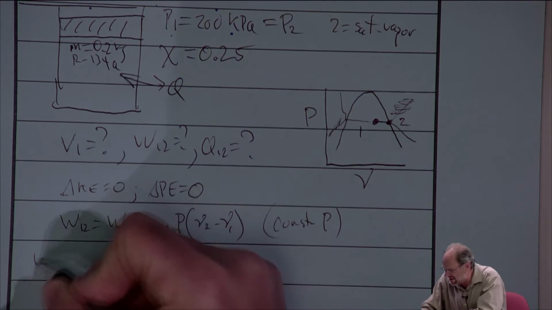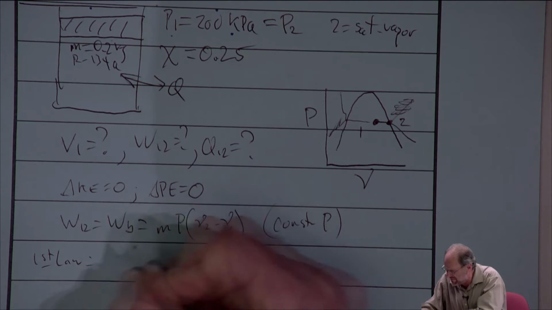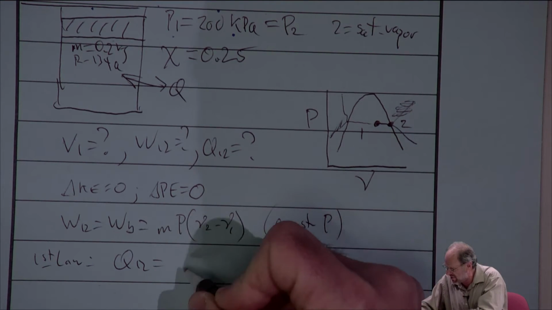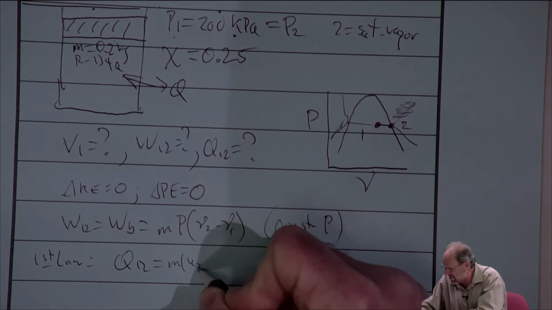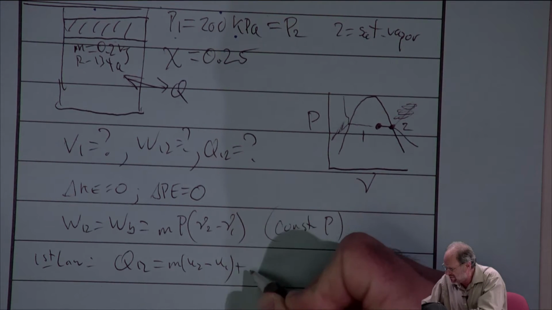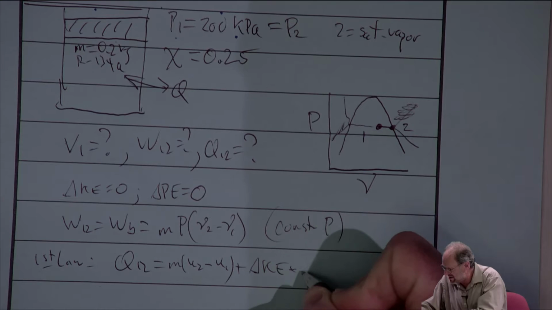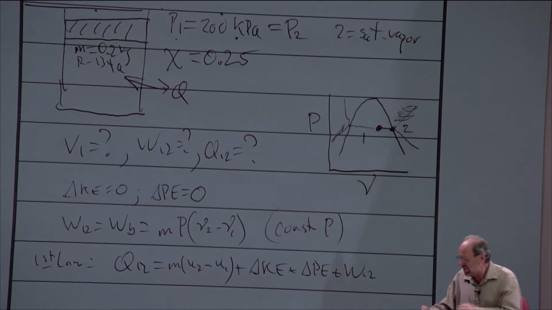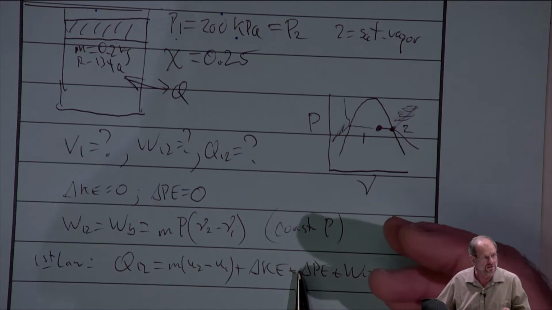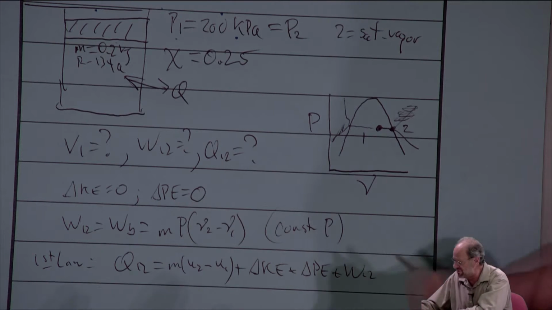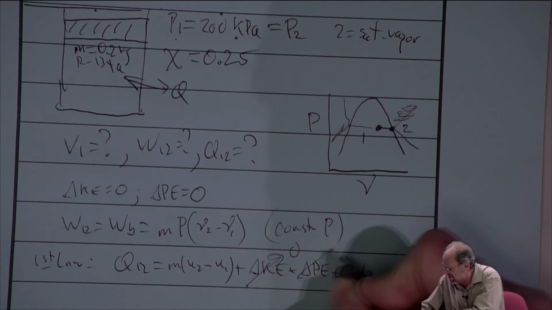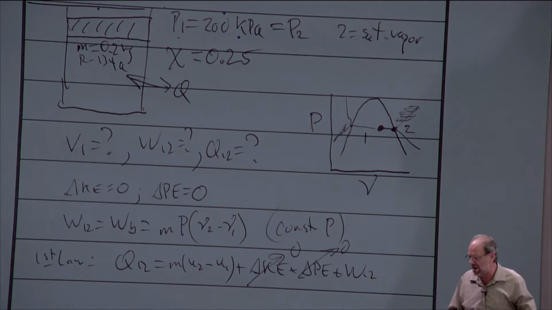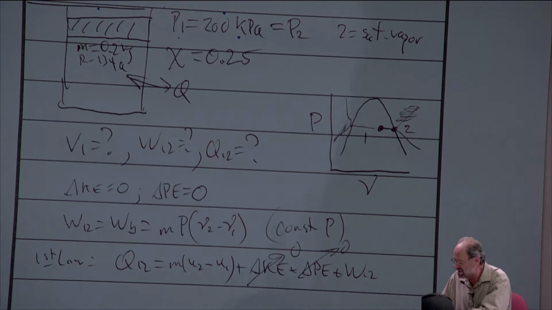And then we're always going to need the first law. The heat transfer is the change in internal energy plus changes in kinetic and potential energy plus the work. By the way, if I was able to quantify the kinetic and potential energy, I would definitely write out the equations. But here, we know there's 0, so why bother? We'll just show delta KE and delta PE and just show them equal to 0. So this is the basic equation that we need to solve for.